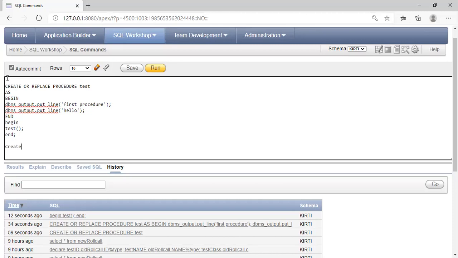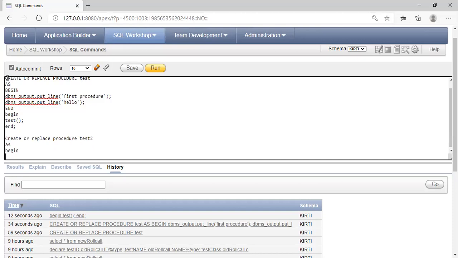Suppose, create or replace procedure. Suppose I have created one procedure, test2. Then at begin we have started the procedure.